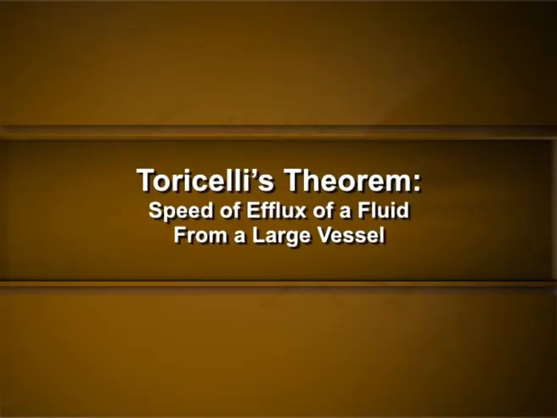Torricelli's theorem. Speed of efflux of a fluid from a large vessel. Using equation 9, one can calculate the equilibrium velocity of the liquid coming out from a hole in the bottom of the vessel filled up to a height, say h. Let us assume that the density of the liquid is constant. Let the cross section of the vessel be large and the opening, that is, the hole, be small and equipped with a nozzle directing the outflowing jet.